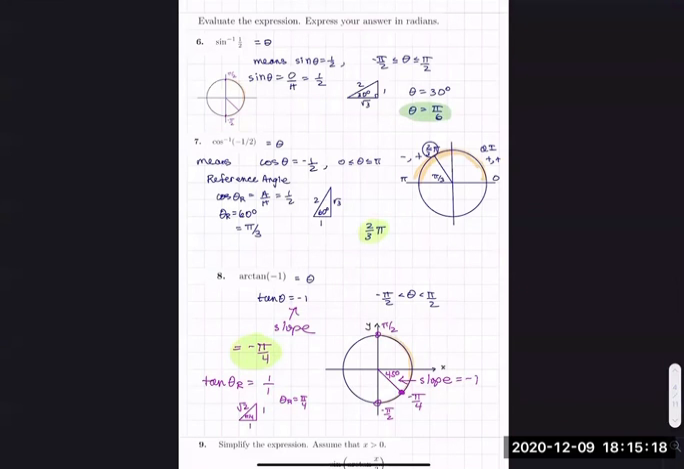I had a question. Could that also be written as 7 pi over 4? No, and you'll see that if you use a calculator. It's a function. There's only one answer, and the answer has to be between negative pi over 2 and pi over 2. The only answer is negative pi over 4, which in different units is negative 45 degrees, but it's not 7/4 pi. Okay. Can you explain